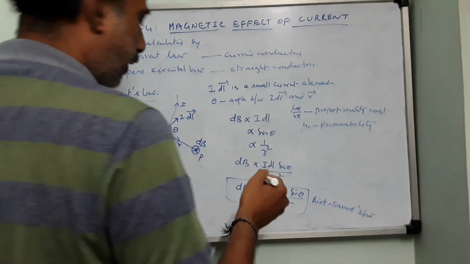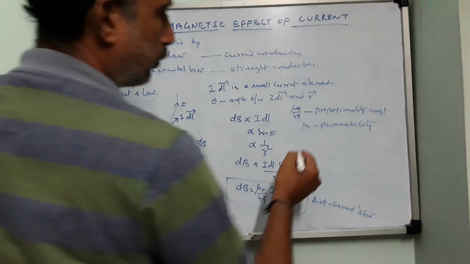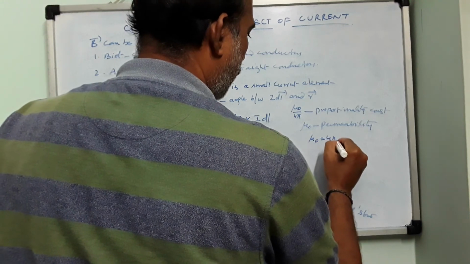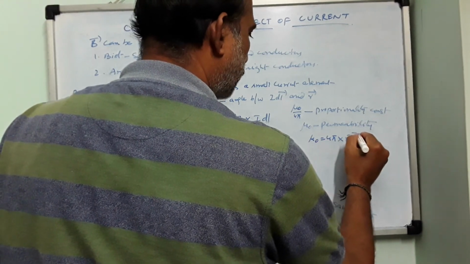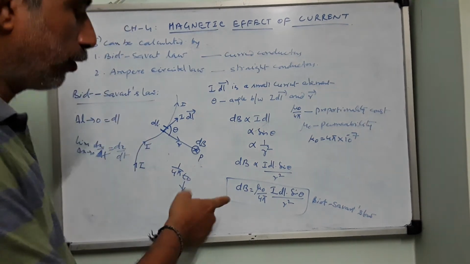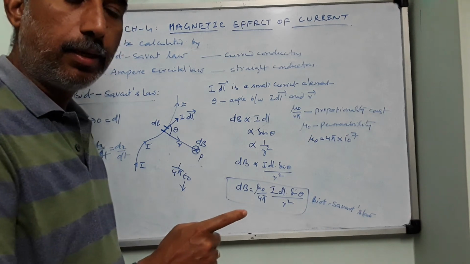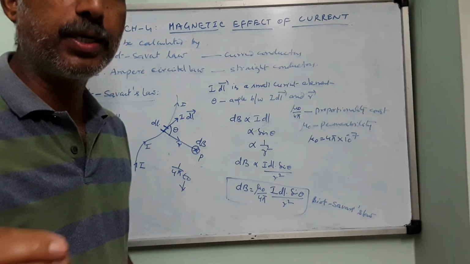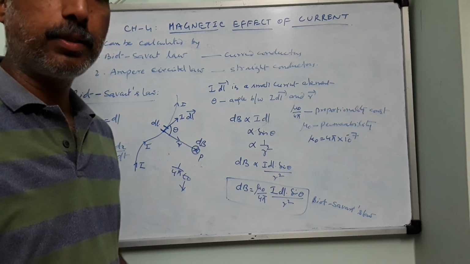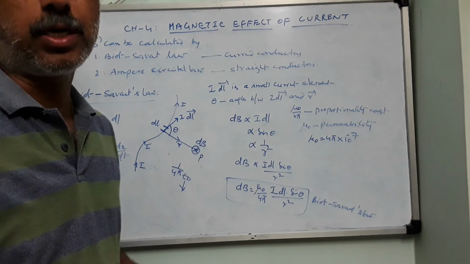Okay, like epsilon naught, which is 8.85 into 10 power minus 12 in the SI system, this mu naught also will have a value, 4 pi into 10 power minus 7. What could be the units, you see? Magnetic field is measured in Tesla. You might have some idea about this from class 10th. Even if you don't have the unit, don't worry. So remember now, the magnetic field is measured in Tesla, named after the scientist Nikola Tesla.